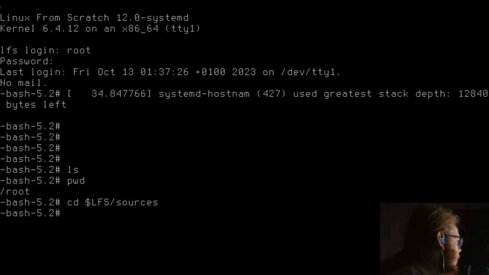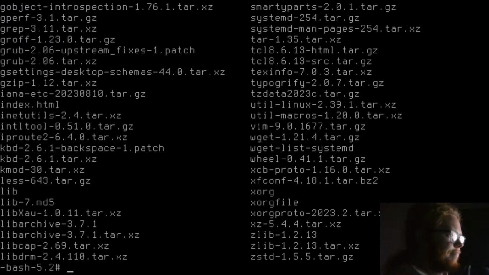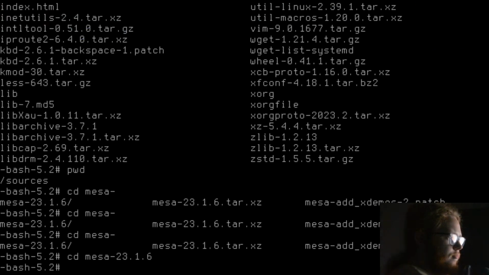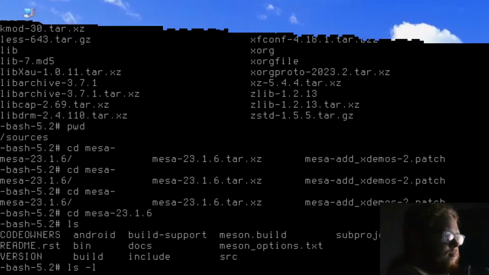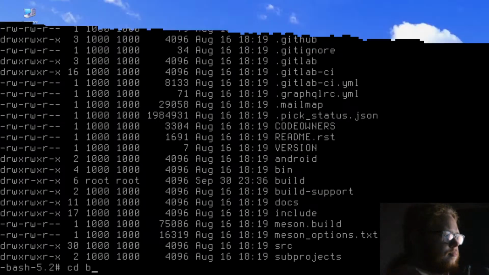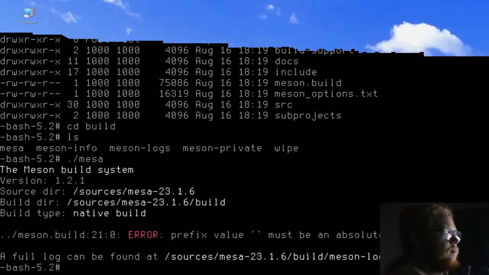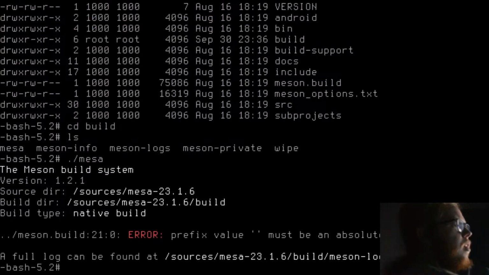Right. Thing I remember from last time is Mesa ran out of RAM. Oh, yeah, that's right. Needs... Oh, Meson prefix.